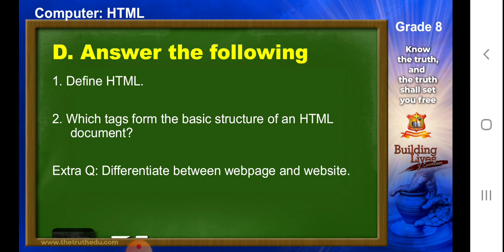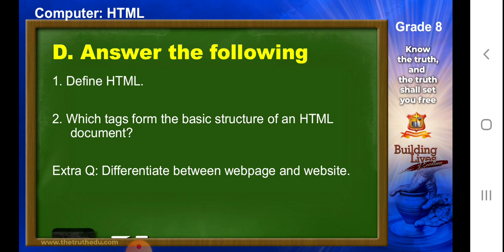You can mention that a website is a collection of multiple pages, whereas a web page is a single page. In a text editor, we can easily develop a web page. However, for a website, we need HTML editors. There are so many other points which you can mention. If you have mentioned any other points here, then this answer is considered complete.